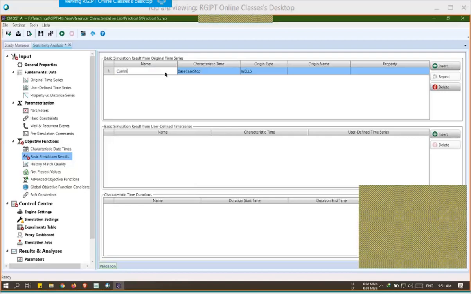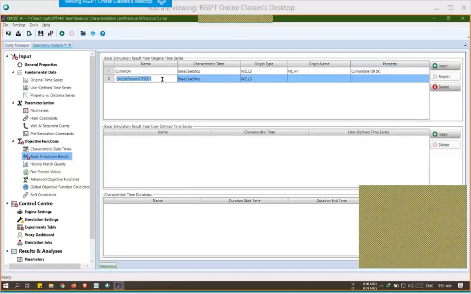We will add cumulative oil, and for origin we will select which parameter we are using, that is the cumulative oil. Similarly, we will give a name cumulative gas, and select its origin as cumulative gas for this well,